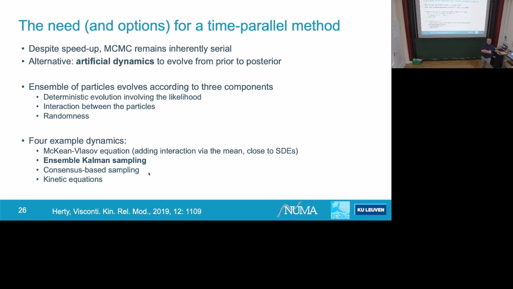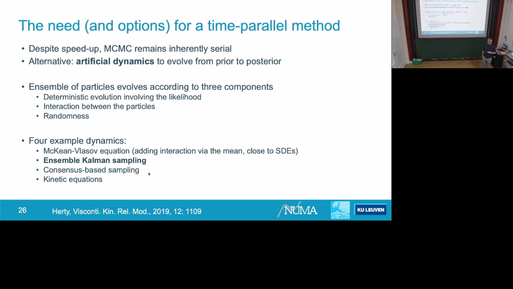Also, the other disadvantage of Markov chain Monte Carlo is that it's inherently sequential, because you have one long chain that you're building. So if you would be able to do parameter likelihood evaluations in parallel, this could speed up things in terms of wall-clock time, because you can use multiple processes at the same time. If you do that and you want to make sure that doing this simultaneously helps you, you need some kind of interaction between these particles.